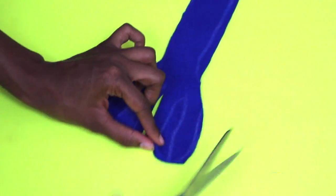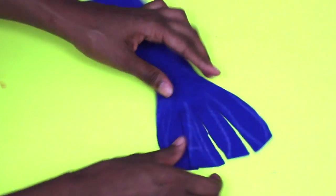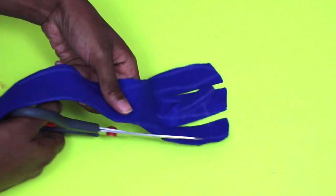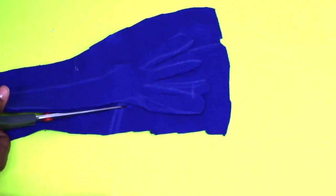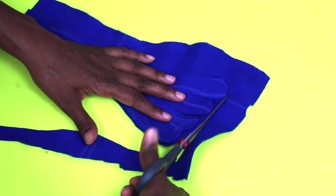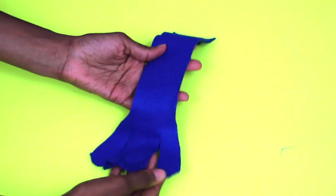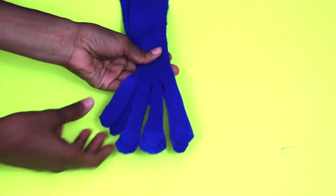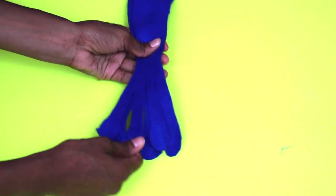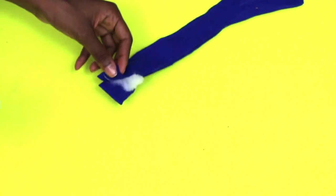And O, the character, has very slender fingers, so I'm trying my best to achieve that look. And as you can see, I use the outline as guidance for his 4 fingers. It doesn't have to be exact, just kind of go based on how it looks. And then I'm going to place this on another piece of fabric to achieve the exact size, so everything is even. Since his fingers are a bit complicated, I recommend doing it separately and then placing it on top so you have even cuts. And once again, I'm applying hot glue to the edges,